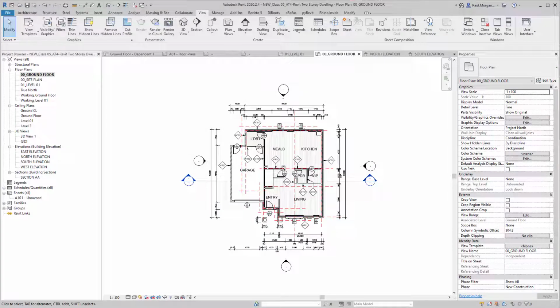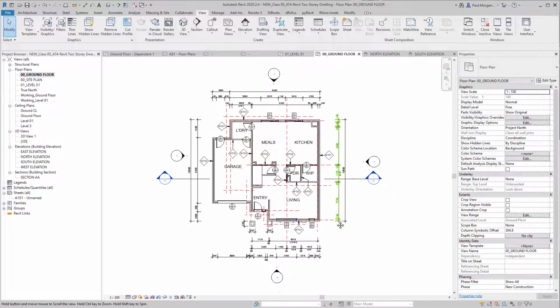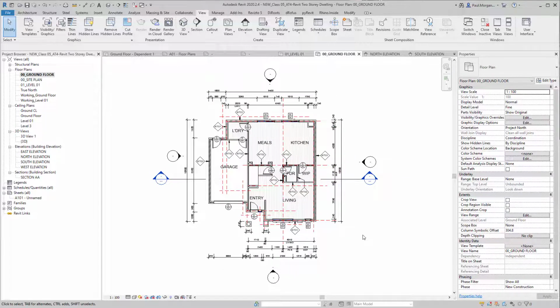A view template is a collection of view properties such as view scale, discipline, detail level, and visibility and graphical settings. You use view templates to apply standard settings to a view. View templates can help ensure adherence to Office standards to achieve consistency across construction documentation sets. With our 2 floor plans now annotated and completed, we can then clean these up using view templates. This is applicable in a residential project, but even more powerful in commercial projects where you have 20, 30 drawings